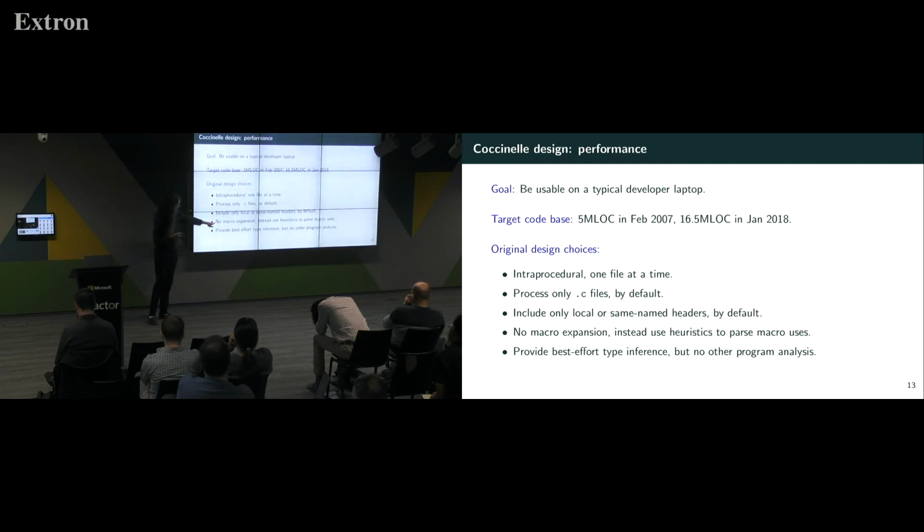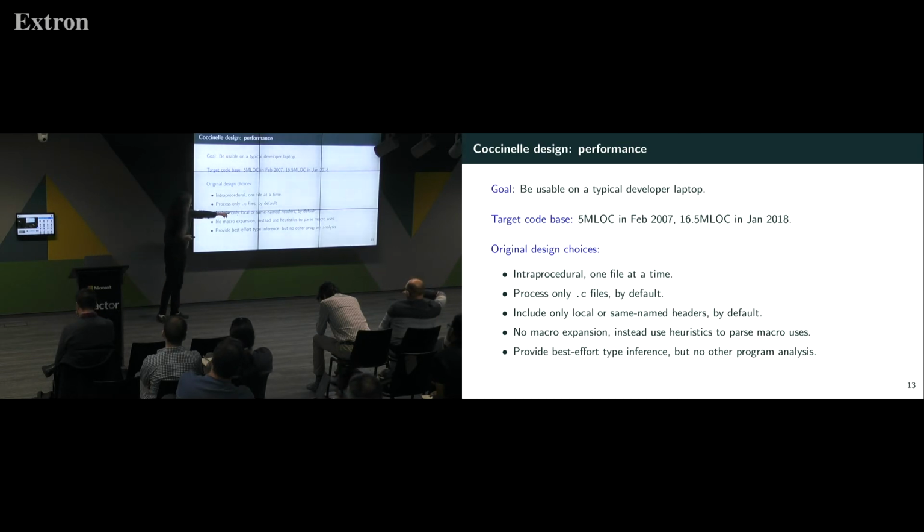A nice feature of not wanting to expand macros is that we actually don't care about the definition of those macros. And so we don't have to look for all those hash defines in all of those header files. Typically, a Linux file might be 1,000 lines long for the .c file and 10,000 lines long if you expand all the header files. There are maybe 15,000 .c files and about 40,000 files in all. So we don't want to multiply those 15,000 files by 10 and parse all that code.